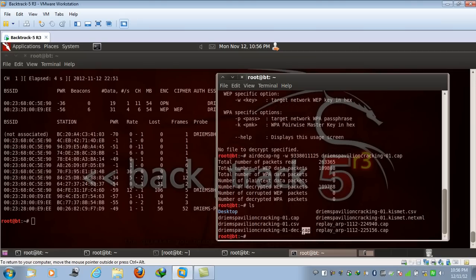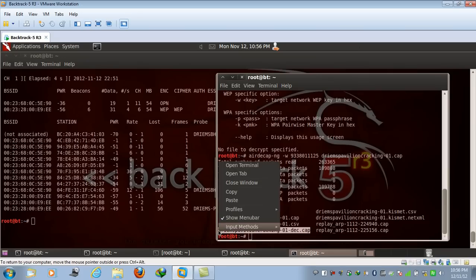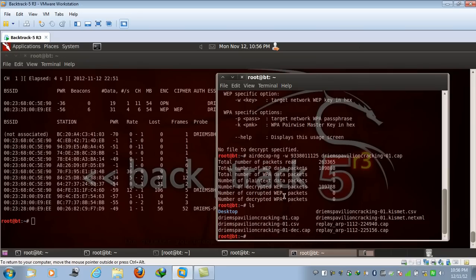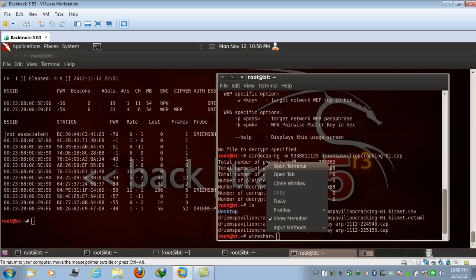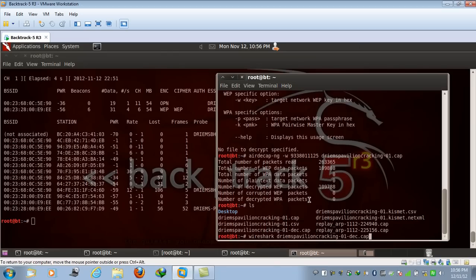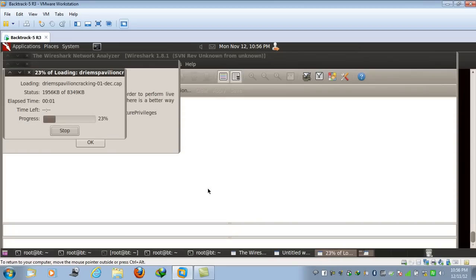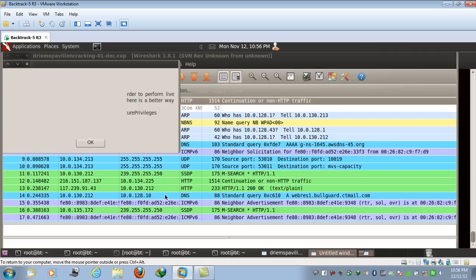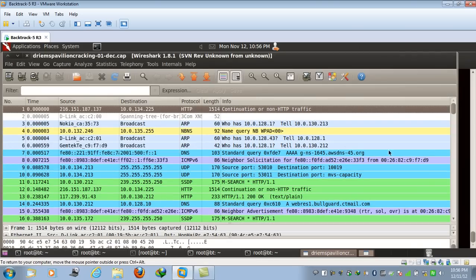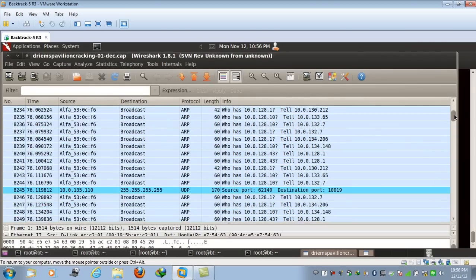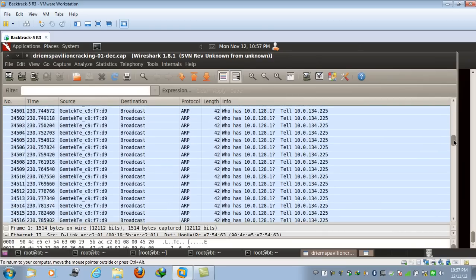This is the real file of the decrypted packets. Let me copy this, and directly I am giving this to Wireshark. Wireshark is a very good sniffer tool in which we can see all the packets that have been decrypted into a file, into a text file. So all these files you will see totally in plain text. So Wireshark has started, and right now we are able to see all those packets that we have decrypted. All those packets are in clear text.